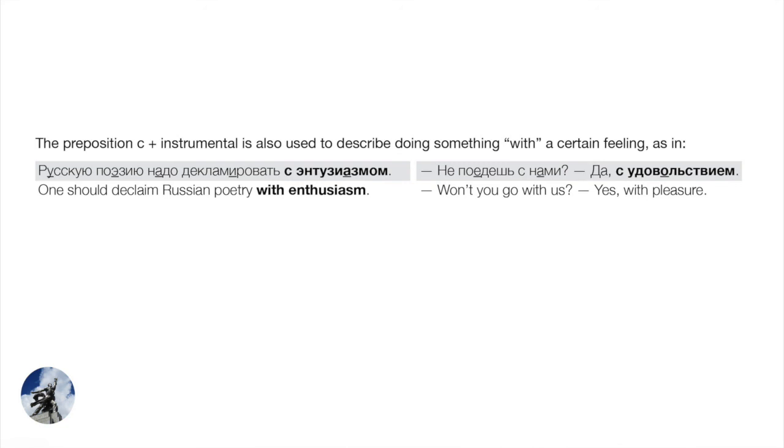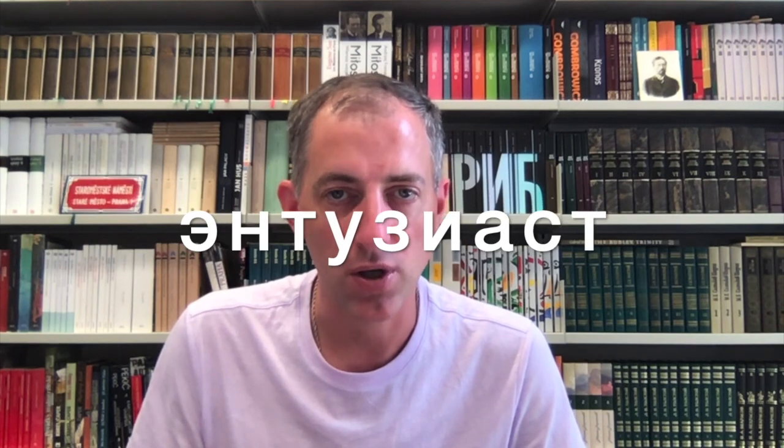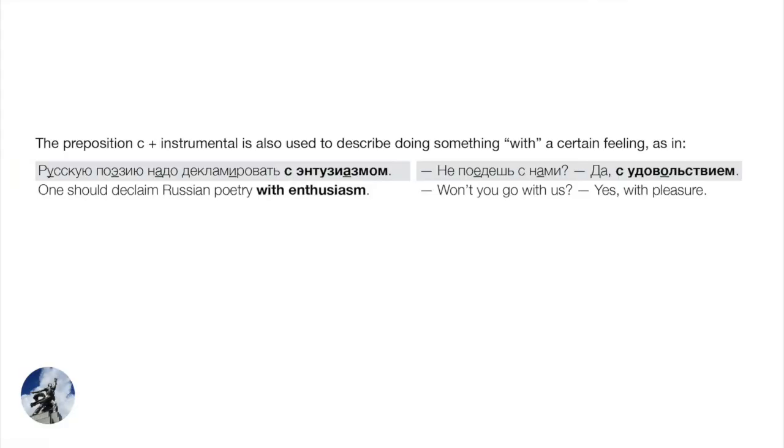That's kind of a long tradition of reading Russian poetry publicly, in a very dramatic or performative manner, right? It's enthusiasm with enthusiasm. And by the way, that's the hallmark of a shock worker, right? Enthusiasm. As a good communist, you should always show enthusiasm in order to be an enthusiast, right? And that goes for the classroom as well. You can be a shock worker of learning, right?